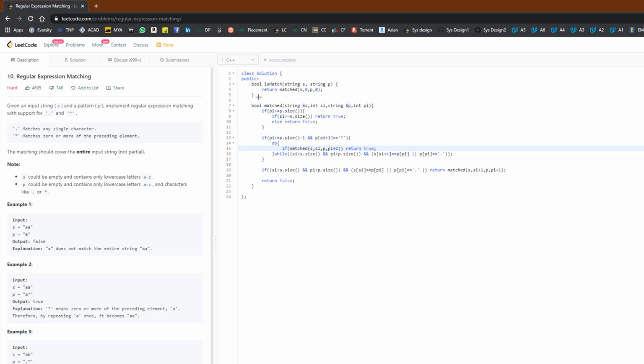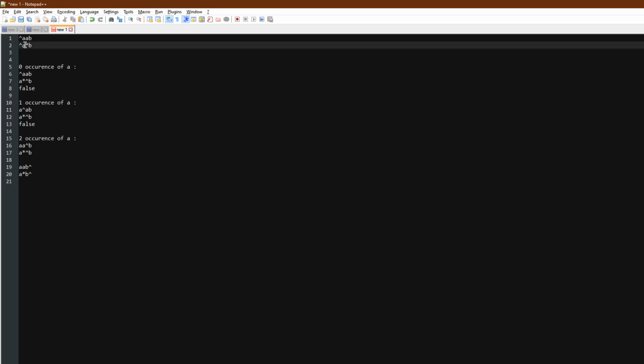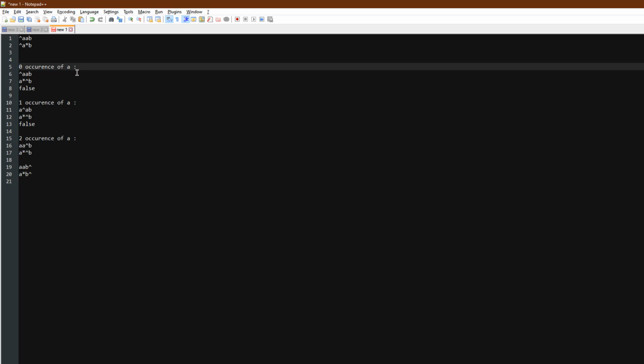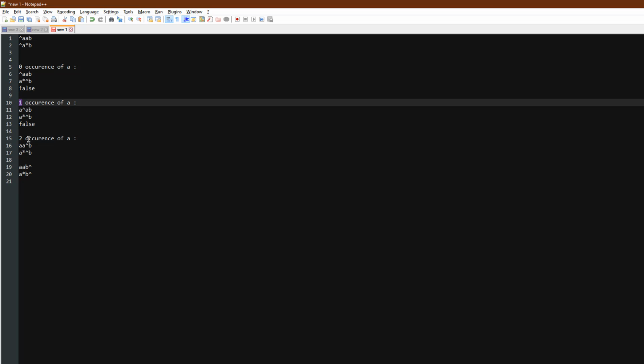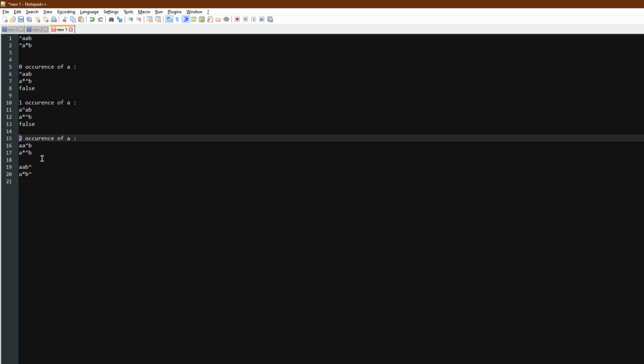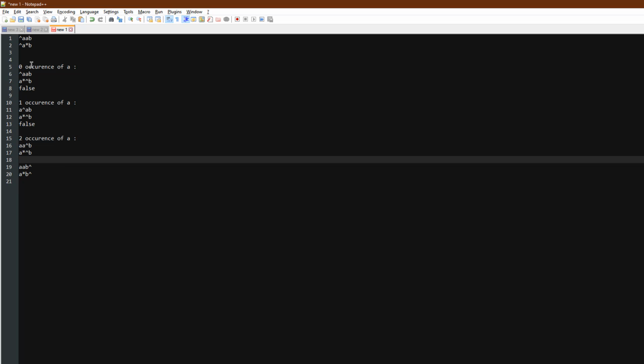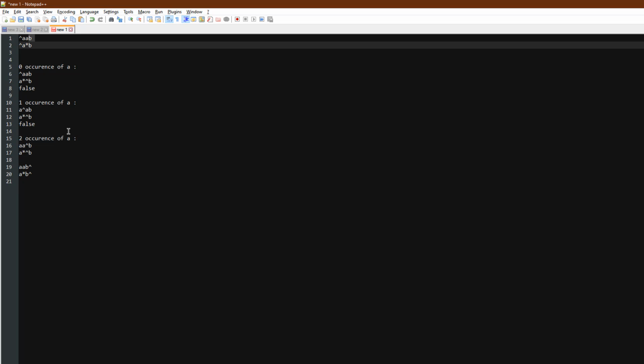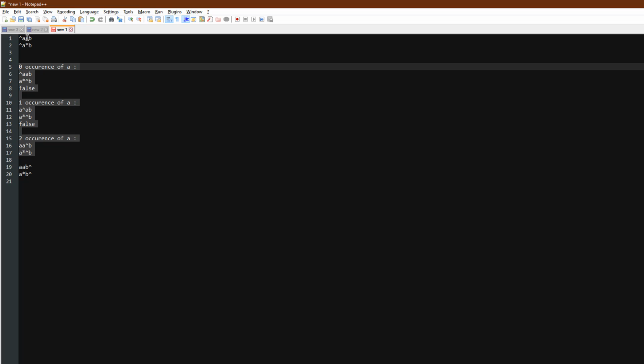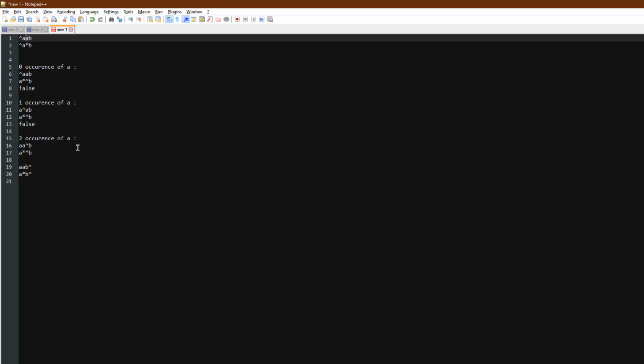This part of the code, the core logic, will be triggered when p of pi plus 1 is equal to star. In this case pi is this and pi plus 1 is this. Since it is star, this single a can have either zero occurrence of a, or one occurrence, or two occurrences. It can even have three, but for this particular case it will have only three branches because s has only three.